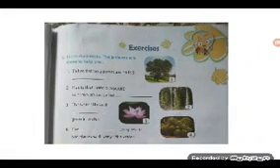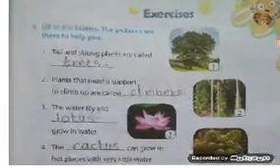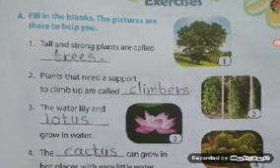Now let us see what the answers are. See children. Number 1, tall and strong plants are called trees. You can see the picture of a tree in that photo, correct? Number 2. Plants that need a support to climb up are called climbers.